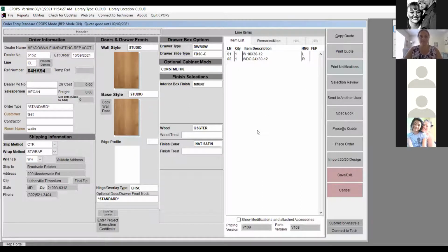And then is there a way those two get synced together? Do you use the same PO? Yeah, you can either do the same PO number or the customer number. So like right now, I did test for both of them. So if I go ahead and save this,